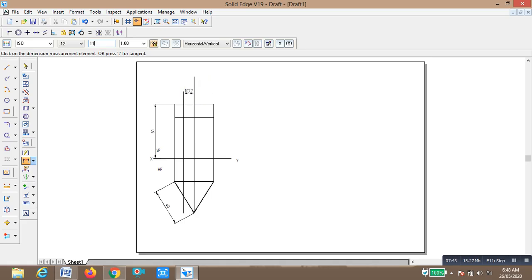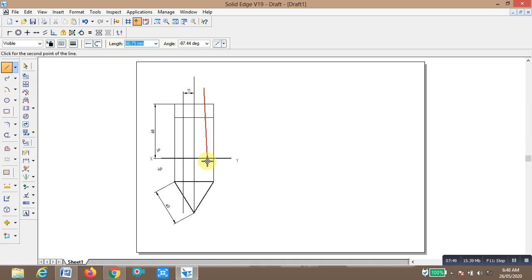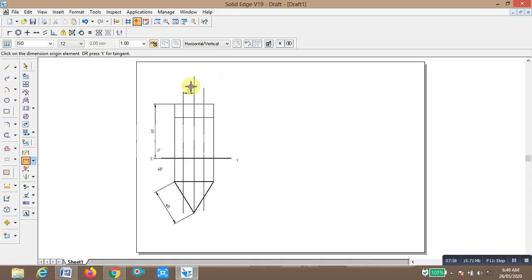Similarly, on this side also the line is vertical, that plane cuts. Maintain the distance between this line and this line as 11, enter. Now we are going to form the triangle.